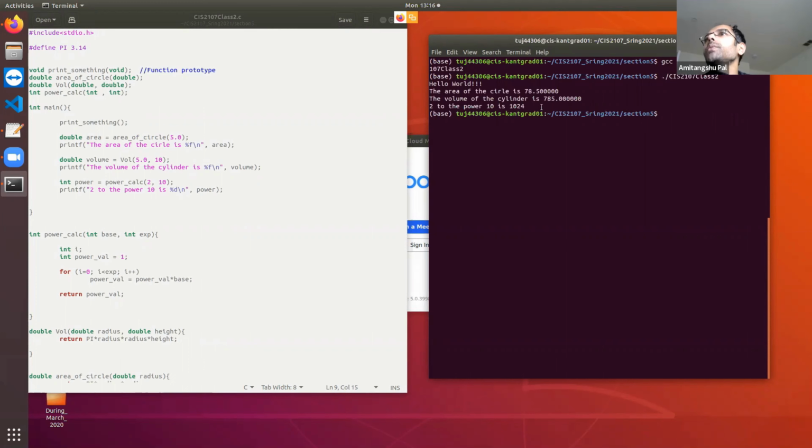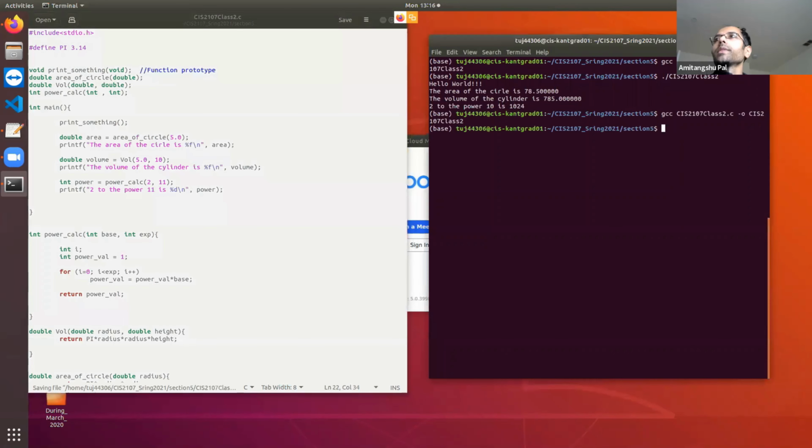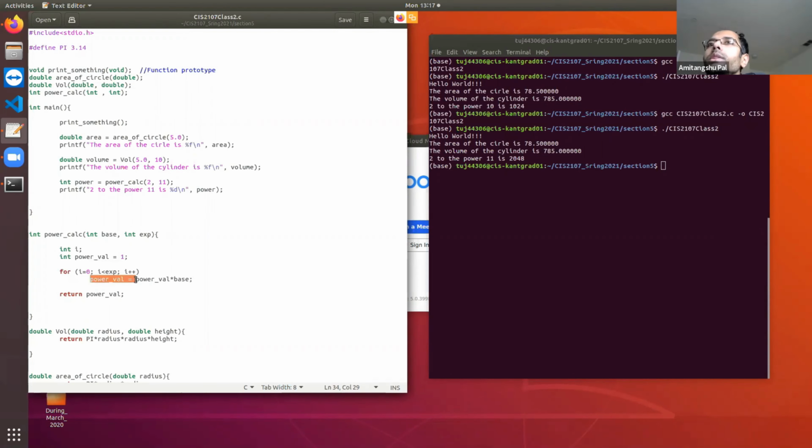So you can see that 2 to the power 10 is 1024, which is correct. If I want to calculate 2 to the power 11, it is 1024 into 2, which is 2048. So 2 to the power 11 should give 2048. In this way, the power function will work.